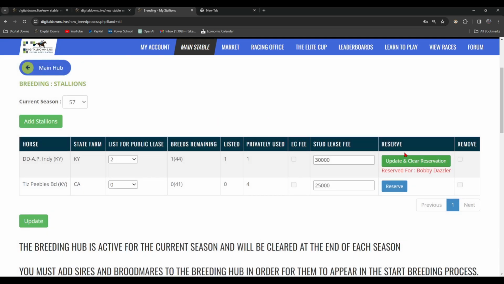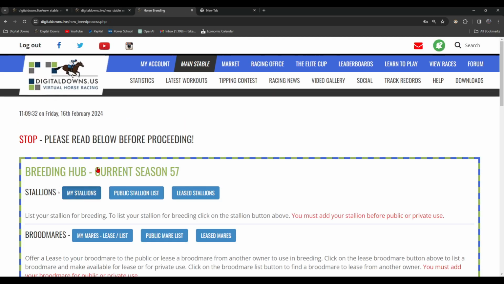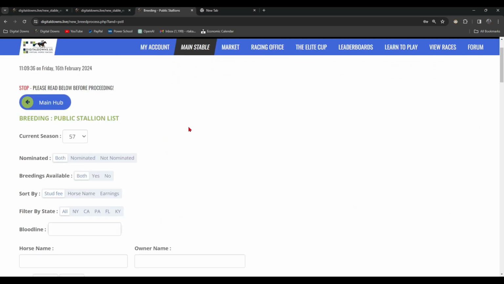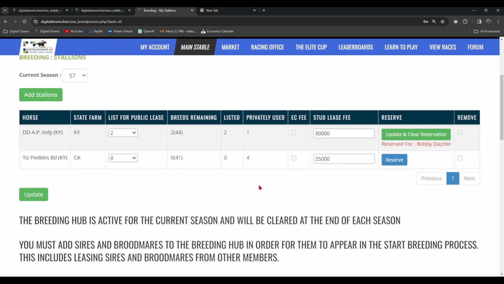I'm saving who I'm reserving it for, and then click update, because that's what I would do if I was listing a horse. I would click update. And then if I go to the public stallions list and it's there, so it actually probably works the way it's supposed to work. You just have to...